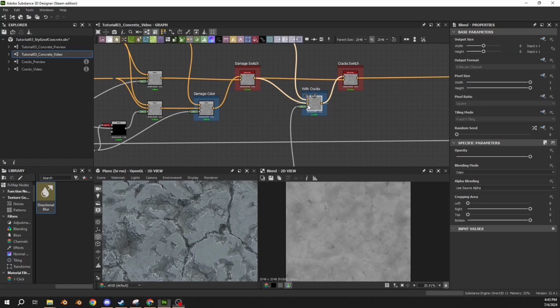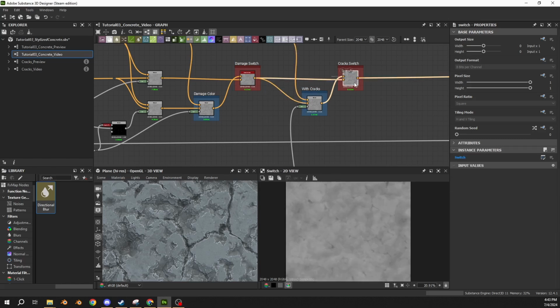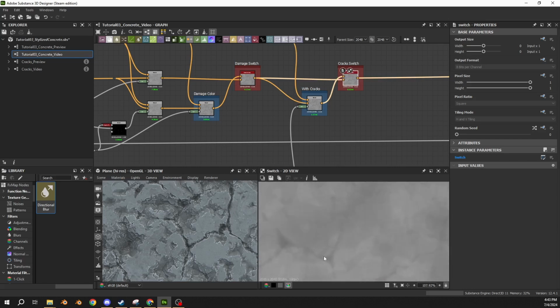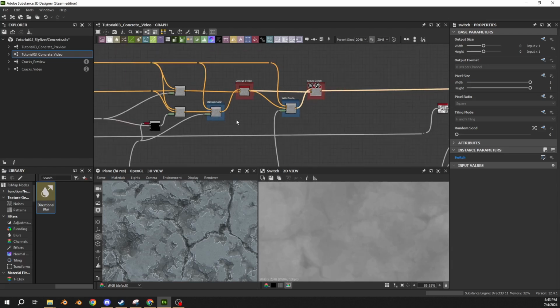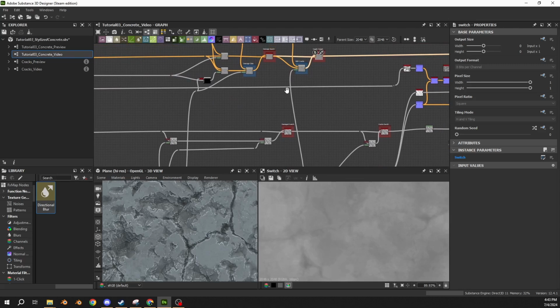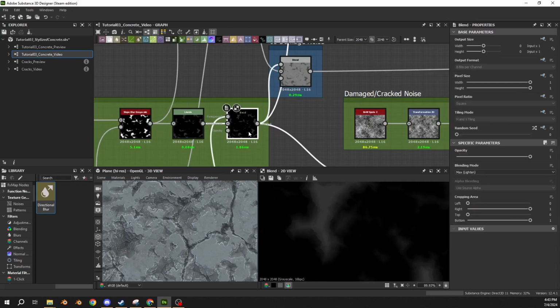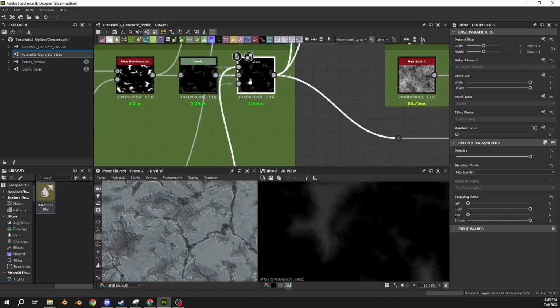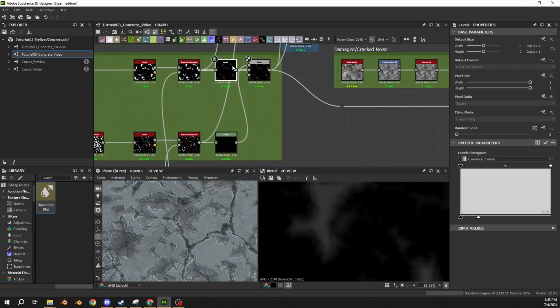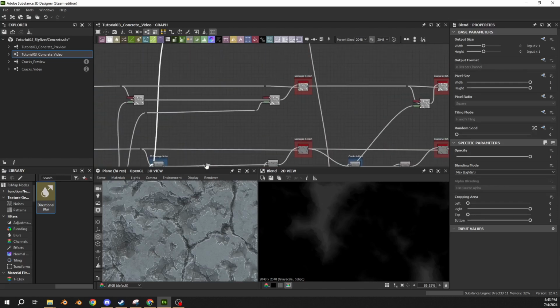Right now, our crack color is going on top of the damage, which we don't want because the damage height is overpowering the cracks. So we don't want the color to go on top, otherwise it's going to look like this. So I am going to take from this blend where the subtle damage and the strong damage are blended together. I'm going to pull from it